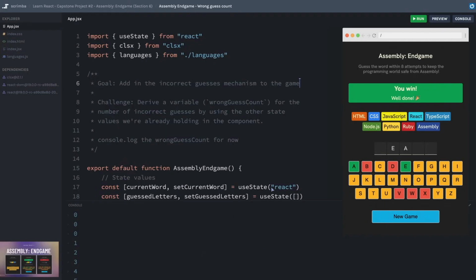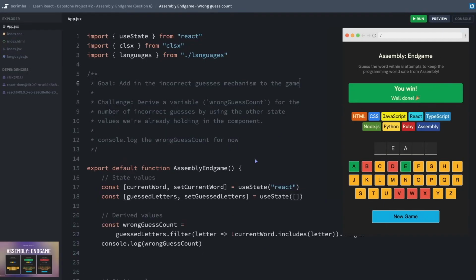And so this was a pretty important feature that we just added. And something that I think is kind of nice is that we were able to just derive it from the state that we're already maintaining. Generally speaking, if you don't need something to be in state, it's usually better for it not to be in state. Let me go ahead and clean up some of these extra spaces here. And awesome, great job on this challenge. On to the next one.